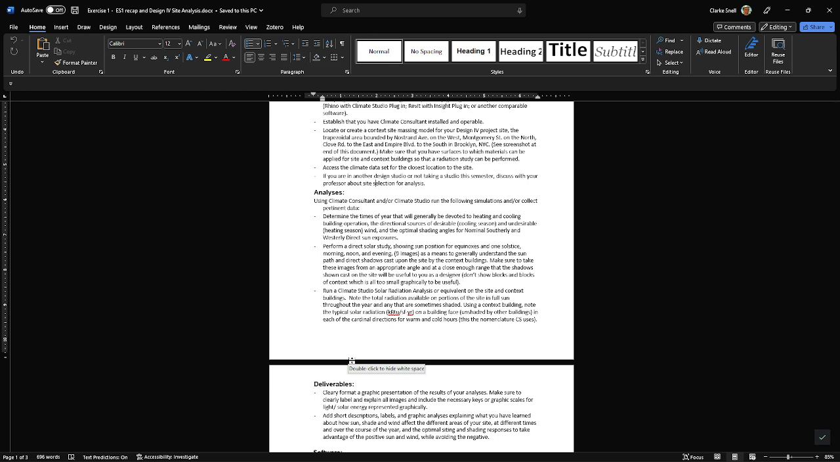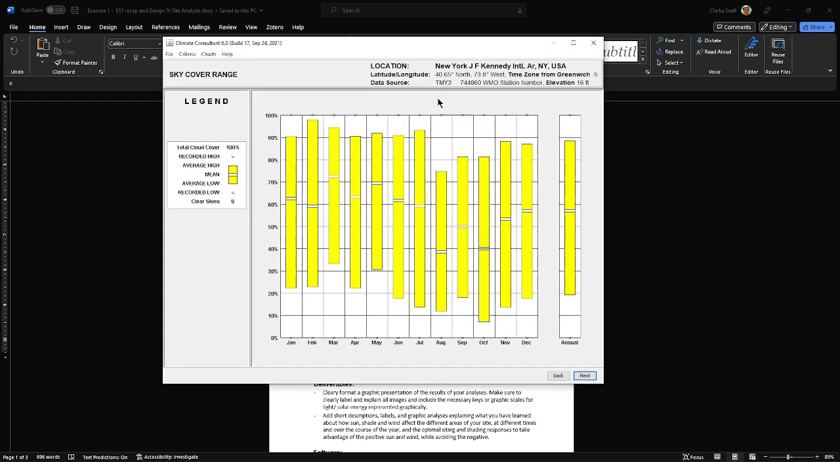So we're determining the time of year that will generally be devoted to heating or cooling. I think I covered that. If you have questions, let me know. The directional sources of cooling season and undesirable heating winds. We have two ways of doing that. Others, but we have